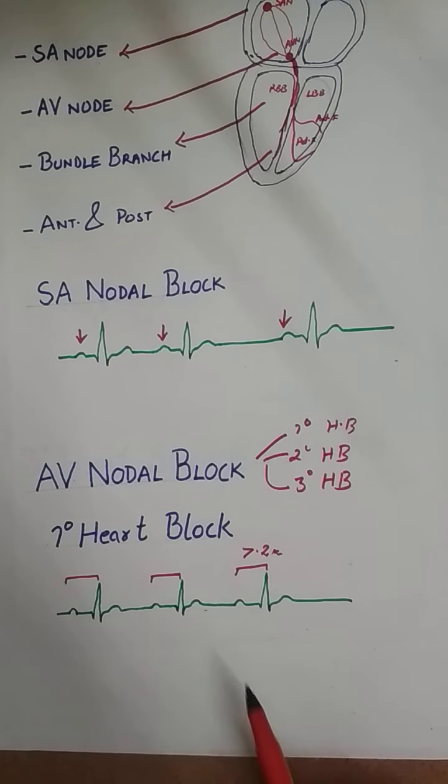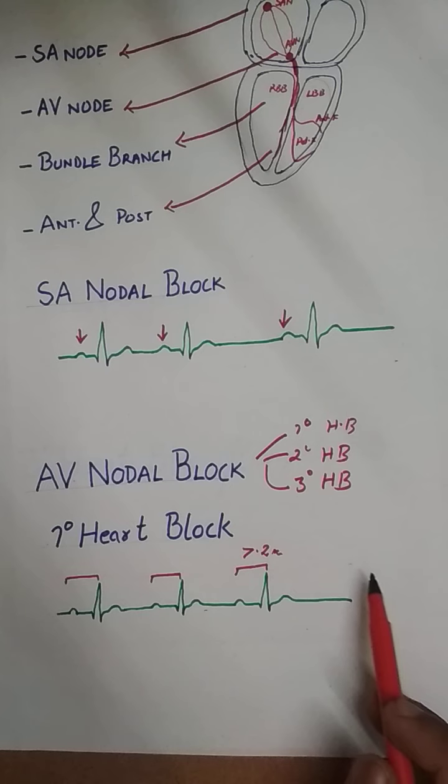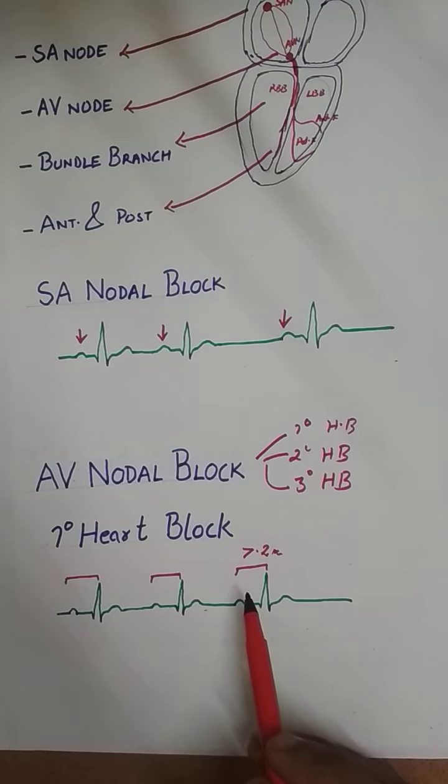So coming on to the clinical significance. What is the clinical significance of first degree heart block? They are not in themselves important, but they signify some electrolyte disturbance, digoxin toxicity, coronary artery disease, rheumatic carditis. You might recall that in the modified Jones criteria for diagnosing rheumatic fever, one of the minor criteria is first degree heart block or prolonged PR interval.